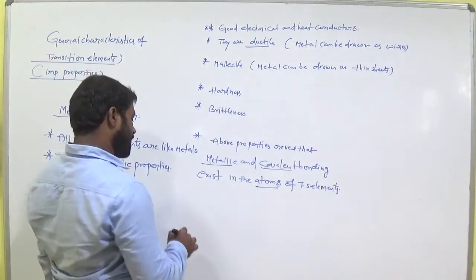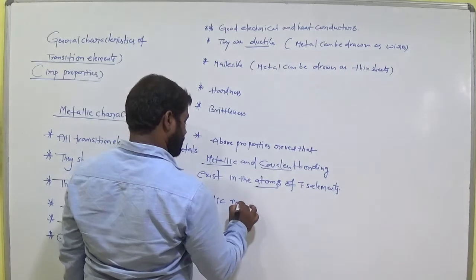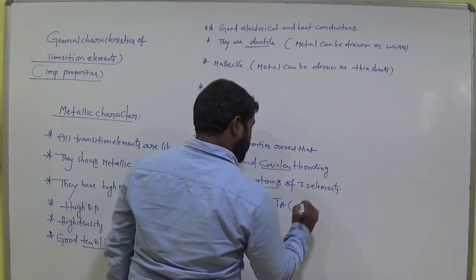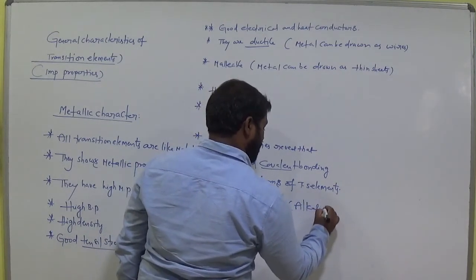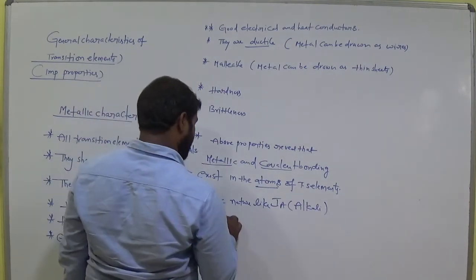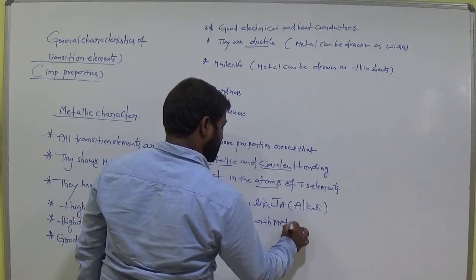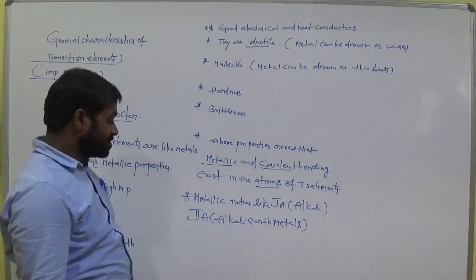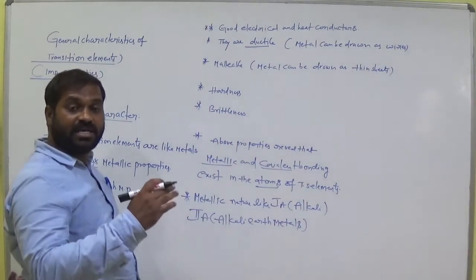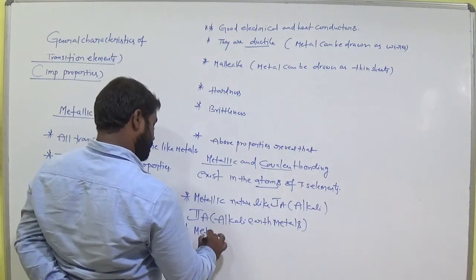And what type of nature do they have? Metallic nature. So metallic nature means like first A group elements. What are first A group elements? Alkali metals. And second A group elements? Alkaline earth metals. These are metals, except hydrogen. Okay. So these also have metallic character, am I right? Like lithium, sodium, potassium, all are metals. They form metallic bonds.